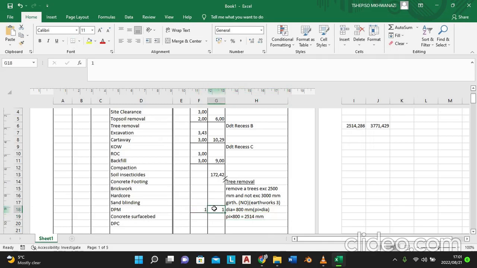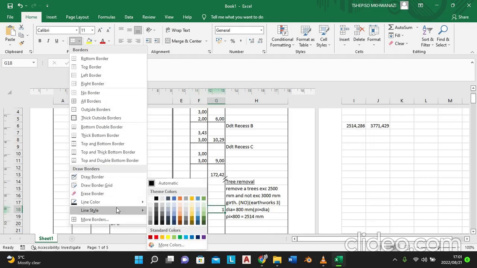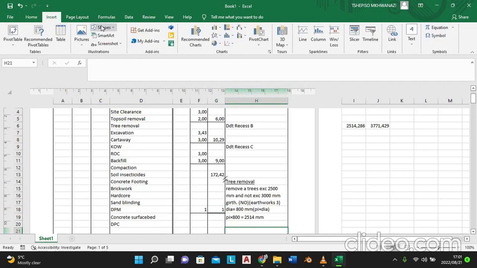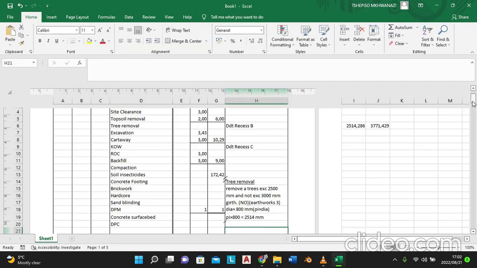This side we're going to use a different line style. Right? Things are easy, man. These things are easy, man. And then we're going to close this item. Insert. Make it black. And then we're going to do